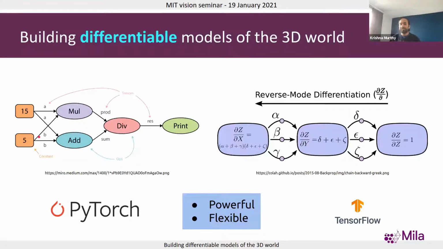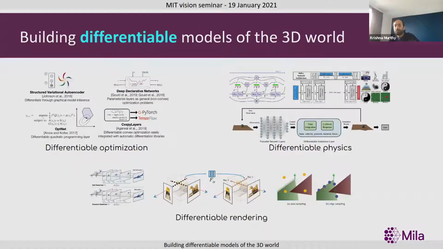If you've used deep learning frameworks like PyTorch and TensorFlow, you've used computational graphs without realizing you did. So if you can compose whatever operation you want to do, if you can break it down into atomic components which are individually differentiable, you can then compose them and backprop through them by applying the chain rule or reverse-mode autodiff. And this has emerged as a very powerful and flexible paradigm for modern ML.